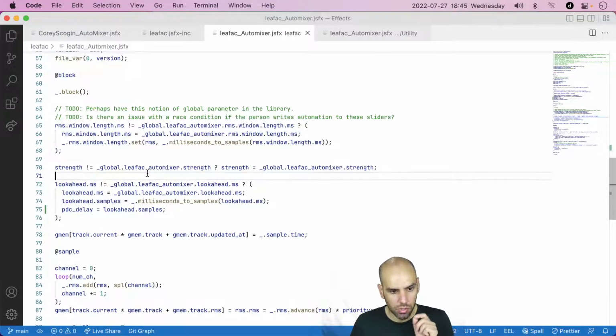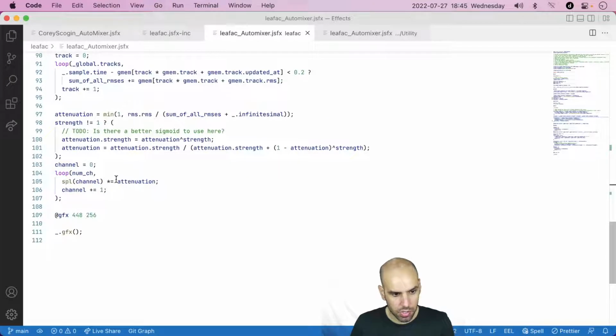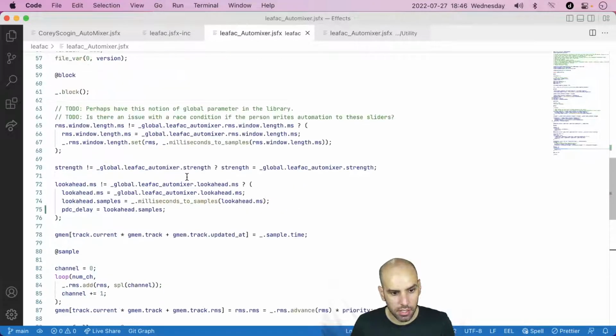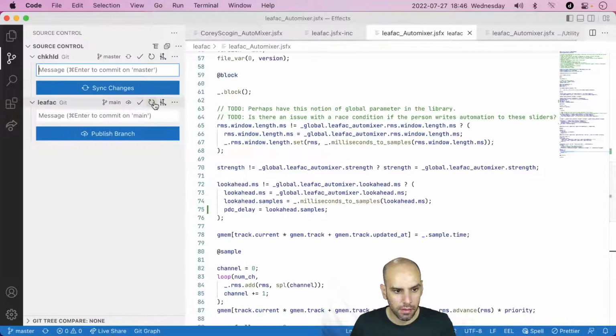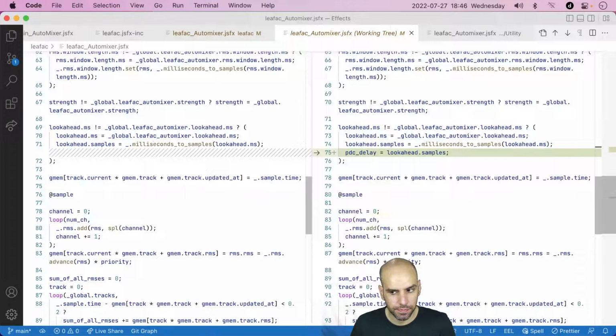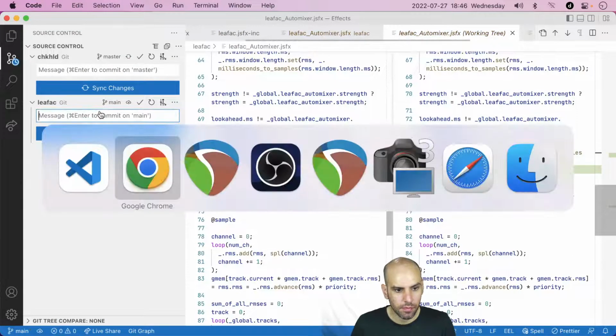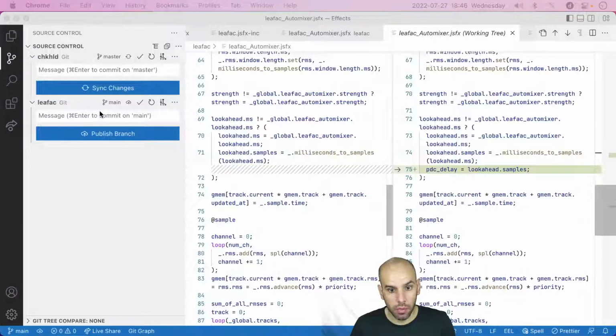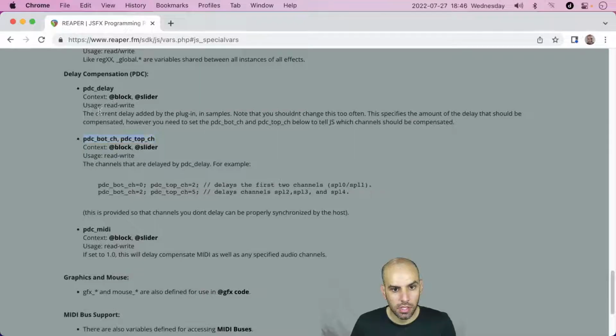Of course, we are still not delaying the audio for real. The audio that we are going to hear is not delayed because we are still playing back samples as they come in. But at least now REAPER will know about the delay and it will compensate for that. And we'll see that in action in a moment. But first,